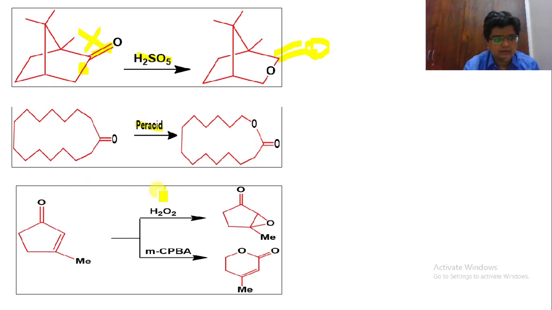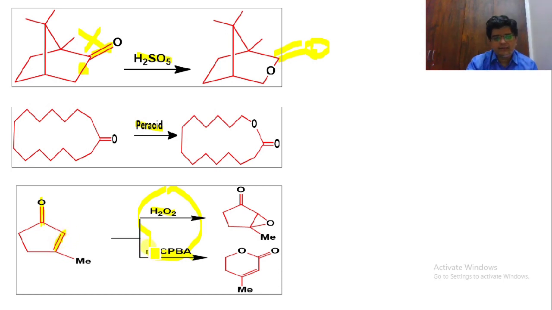Now let us understand one of the most important things in Baeyer-Villiger oxidation, that is the comparison of two reagents, H2O2 hydrogen peroxide and the second one, MCPBA. Before I explain these two reagents, you have to remember two important terms in organic reactions, that is the hard side and soft side. So when we are reacting with this molecule, suppose we have this ketonic group, that is known as the hard side. Now this is our soft side.